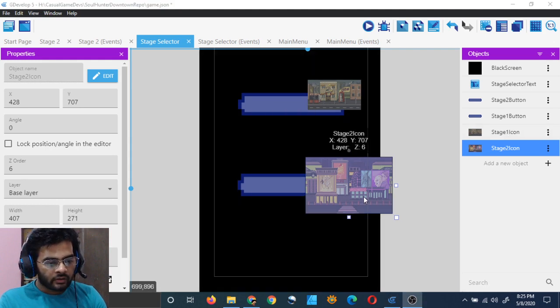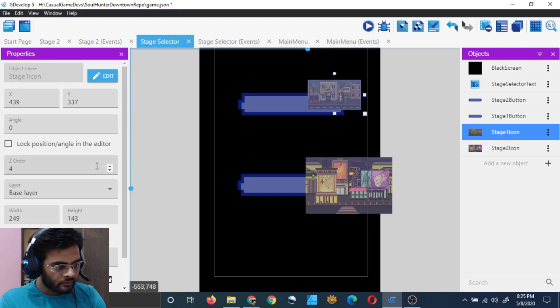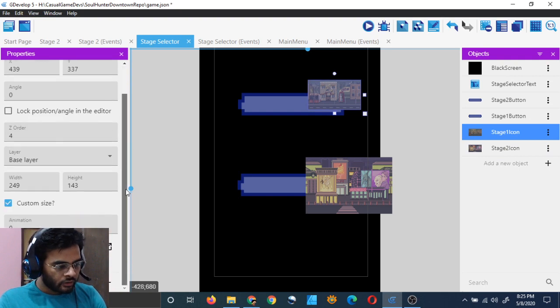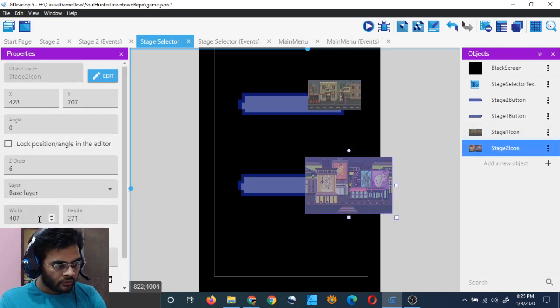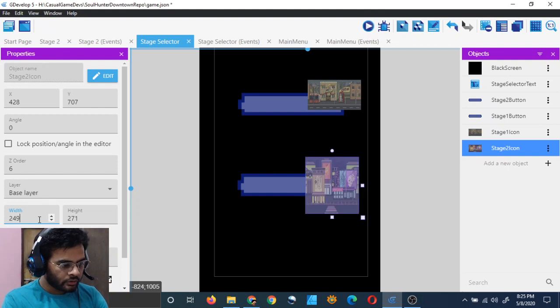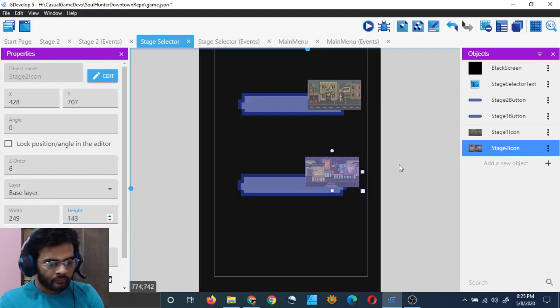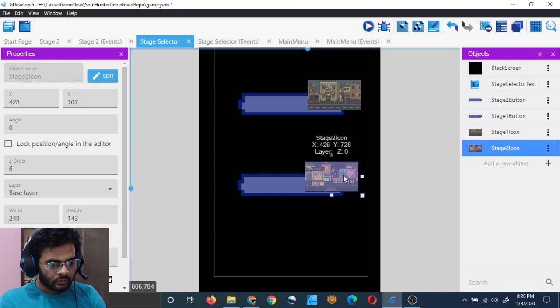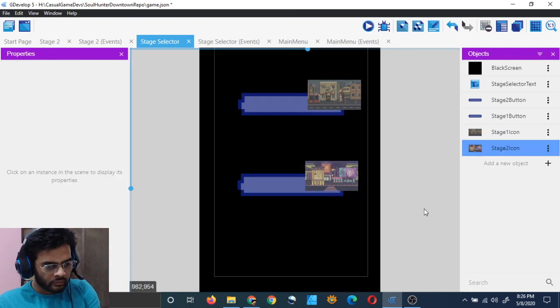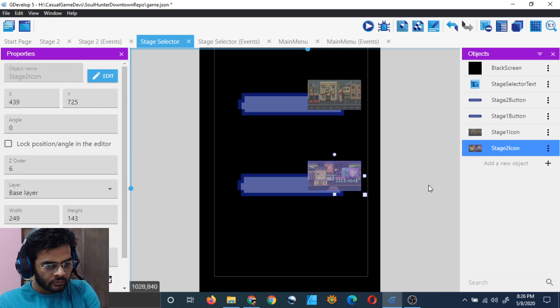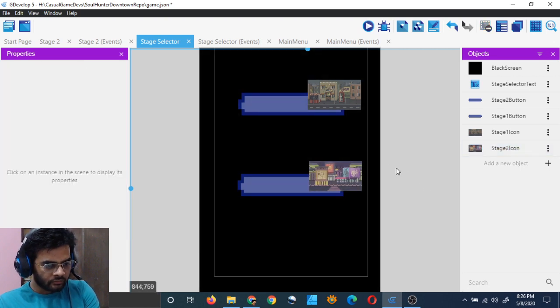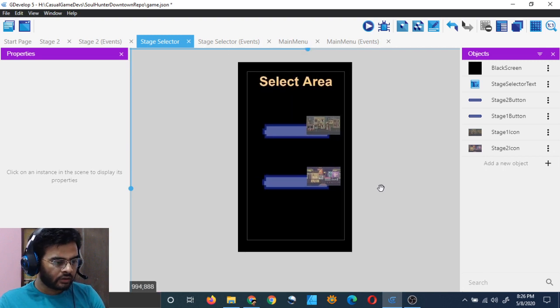Just pick what size is this. This is 249 cross 143, and so this also will be 249 cross 143. It will be the same size, exactly the same, right? Just align it approximately where the other one is.